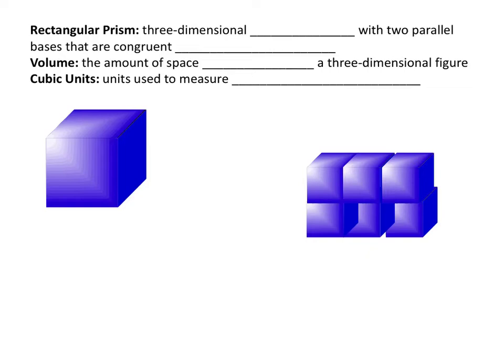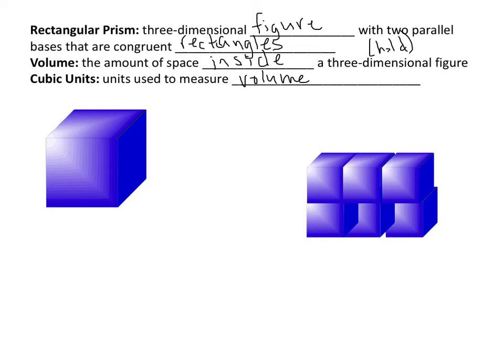A rectangular prism is a three-dimensional figure or shape with two parallel bases that are congruent rectangles. Volume is the amount of space inside a three-dimensional figure. So in other words, it's what it can hold. And cubic units are the units used to measure volume, because basically it's how many little cubes could an object